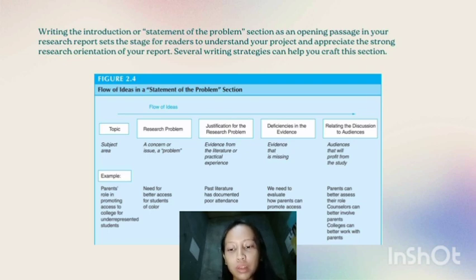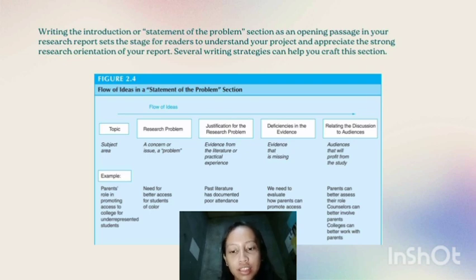So the next one is justification for the problem or for the research problem. So evidence from the literature or practical experiences. So it is somehow like the review of related literature. An example of this is past literature that has documented poor attendance. So next one is deficiencies in the evidence that is missing. So we need to evaluate how parents can promote access, and the last part is relating the discussion to the